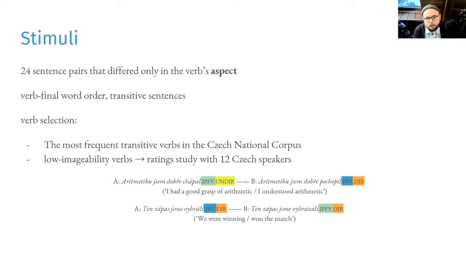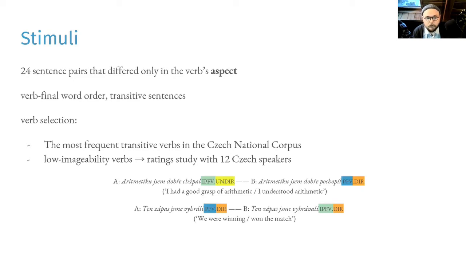The 100 most frequent transitive verbs were sampled from the reference corpus of Czech, and they were rated by 12 native speakers for the degree to which the verbs invoke a vivid sensory impression: visual, auditory, olfactory, or motoric. That definition corresponds to imageability, and imageability was used as a proxy for gestural affordance in this study. The 24 verbs with the lowest scores, which were verbs of mental action or communication, were selected for the construction of